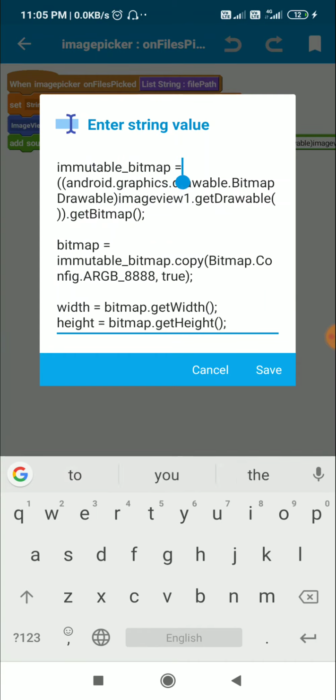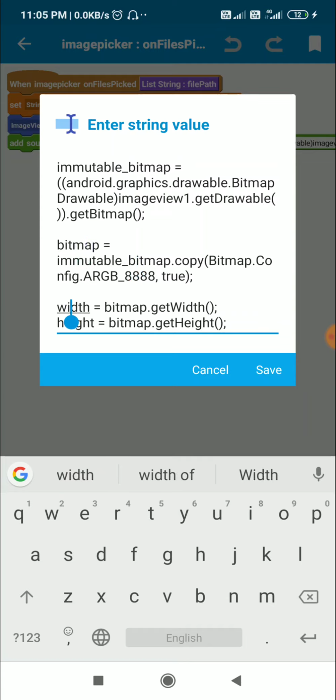Now we convert this immutable bitmap to a mutable bitmap using this code. Bitmap, which is a mutable bitmap, is equal to immutable_bitmap.copy(Bitmap.Config.ARGB_8888, true). So this will convert the immutable bitmap to a mutable bitmap.